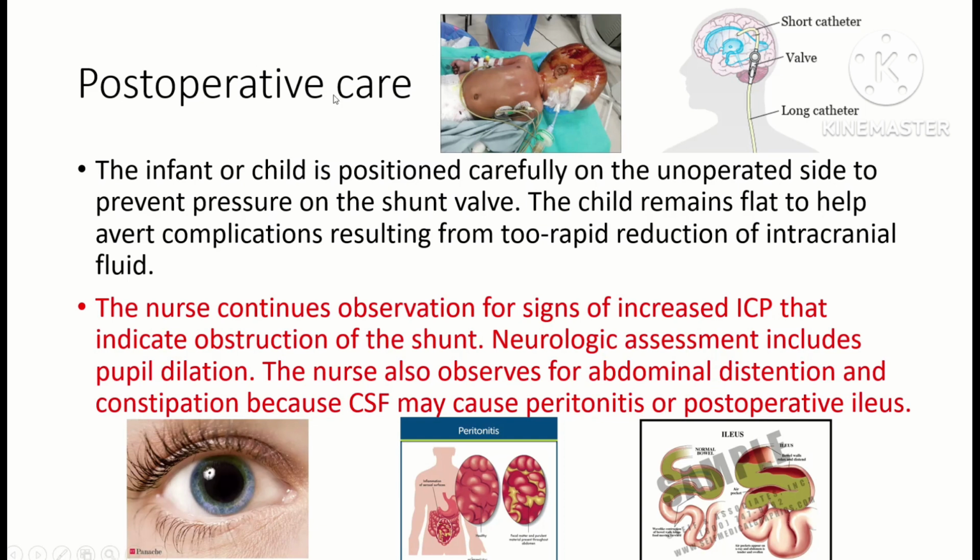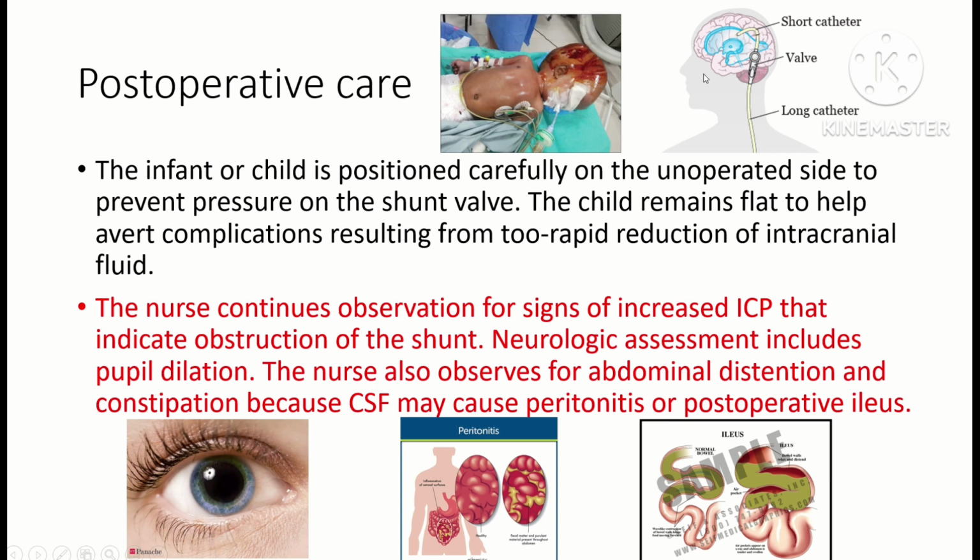Post-operative care. After the child or infant has the VP shunt operation, the infant or child is positioned carefully on the unoperated side to prevent pressure on the shunt valve. The shunt has a valve here that, if pressed, makes the fluid in the brain